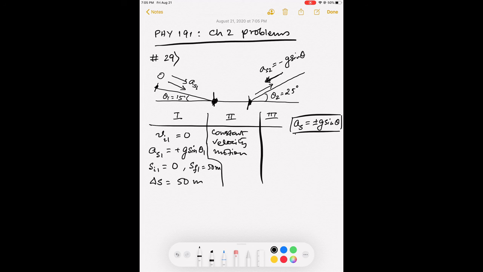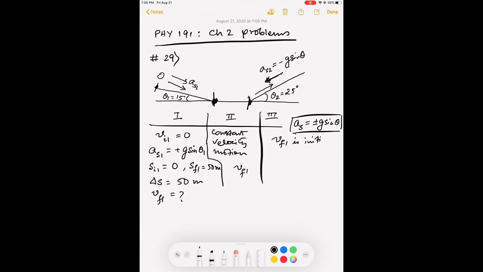So here you are going to use a velocity which is basically vf1, right? If the velocity starts here with vi1, it will become vf1 at the end of the first part, and it is going to stay as vf1 in the whole second part of the motion,